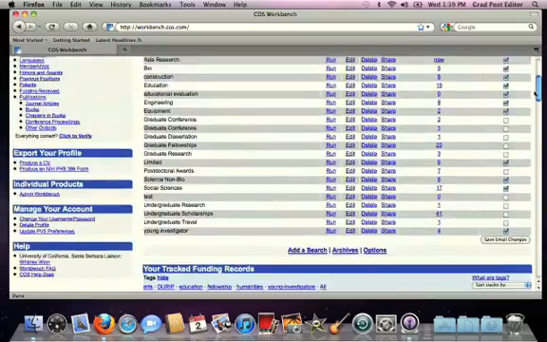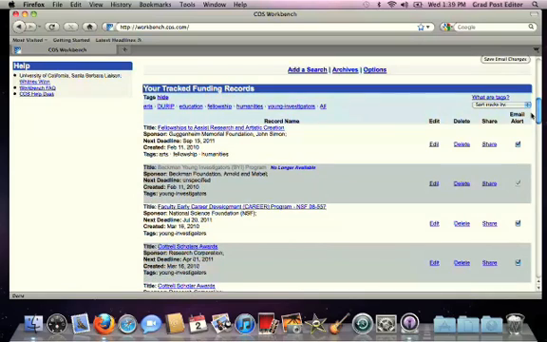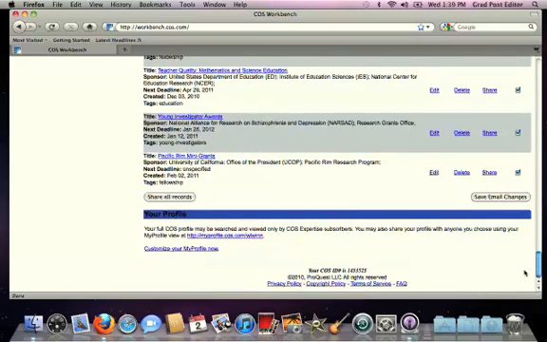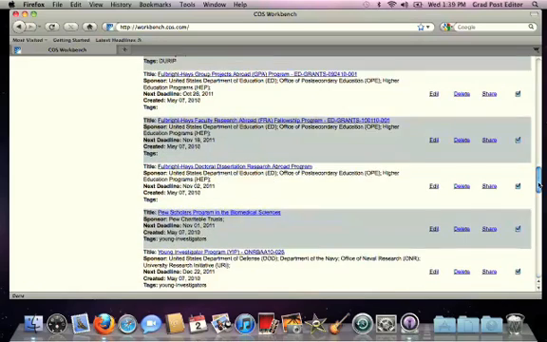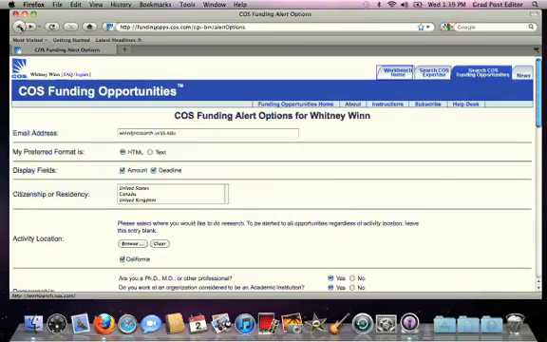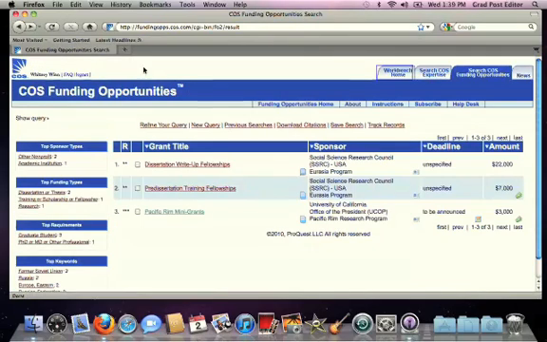And the other thing down here on the workbench is your tracked funding records. So that was that one particular record that I had saved. I think that'll be down here at the bottom. Yeah, so there's my Pacific Rim mini grants. It's just there. Just gives you a little reminder of what you saved, just the title and sponsor, when the next deadline is, if they know. So that's a good way to track those particular ones. And if I go back to this search,